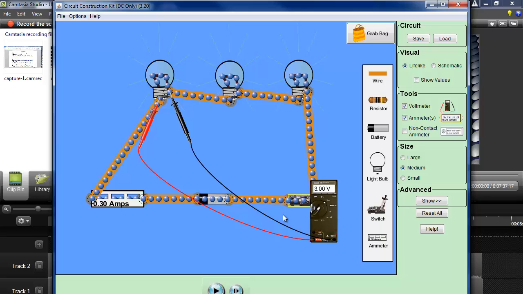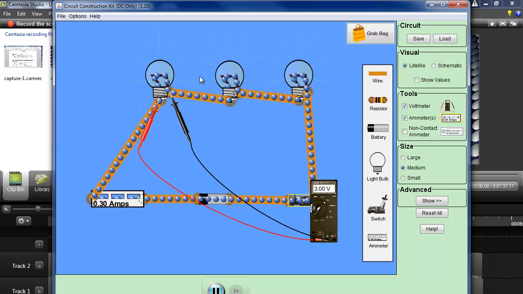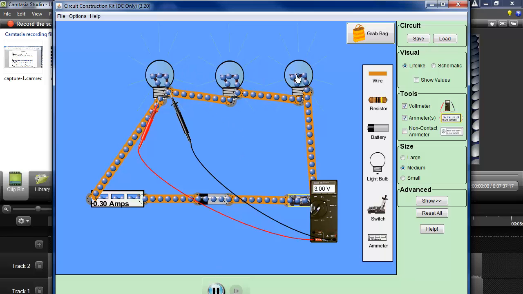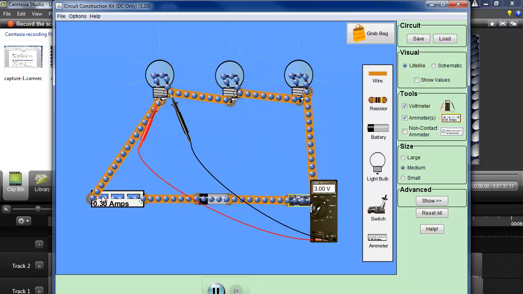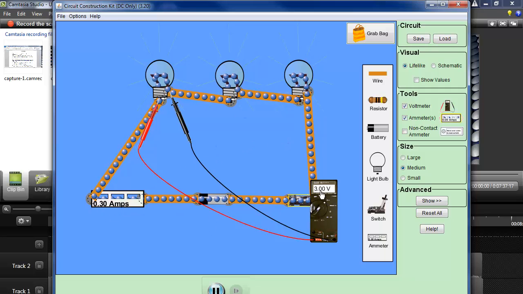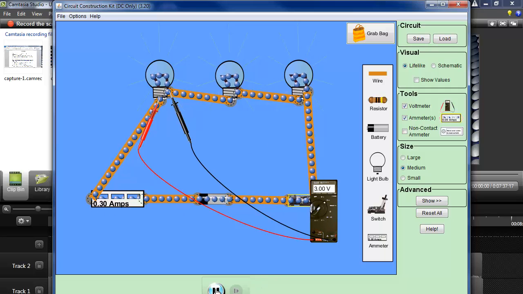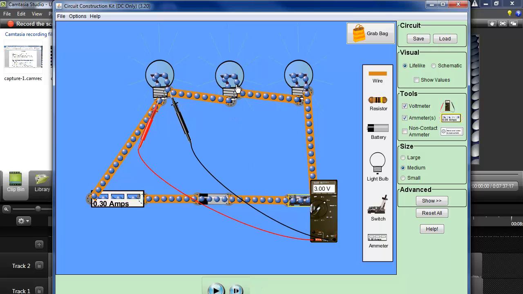The next part, what you're going to do is remove a light bulb. So you only have 2 light bulbs in the circuit. Again, observe the current, observe the voltage. So I am going to show you how to do it. So pause it,